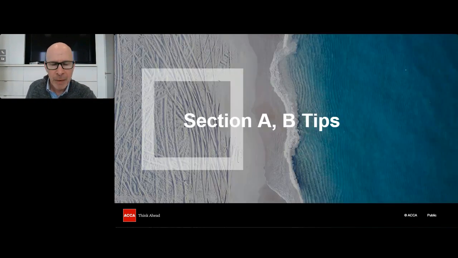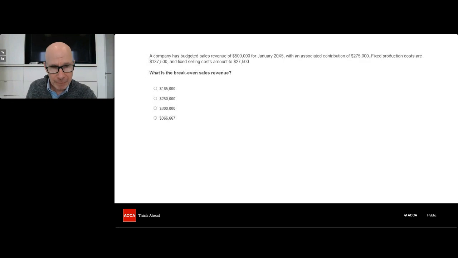Now, game plan for A and B. You will get a question, objective test. You always, always, always start by reading the task. Never read the story first. Read the task. What do they want? After you do this, then in the scratch pad or on scratch paper, you must recall the formula or the template or the pro forma.